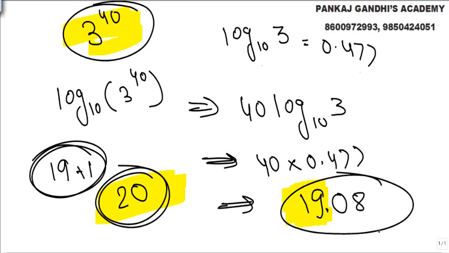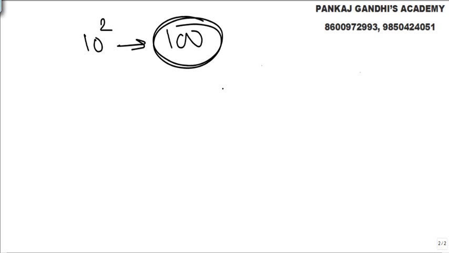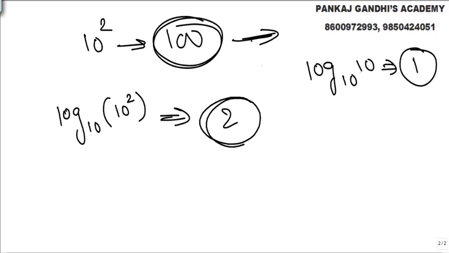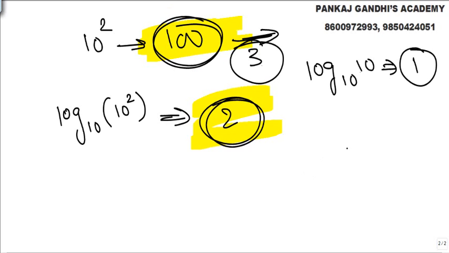बहुत सिंपल कैलकुलेशन है. जैसे तुम्हें कुछ दूसरा देखना है तो जैसे ऐसे कर. 10 square, 100. How many digits are there? 2. Now we know log to the base 10, 10, what is it? 1. Digits here, 3 digits. Find out log to the base 10. 10 square, log is 2, but number of digits ये 3 digit number है, ये 2 आया, so number of digits we get 3. One more example I'll give you.